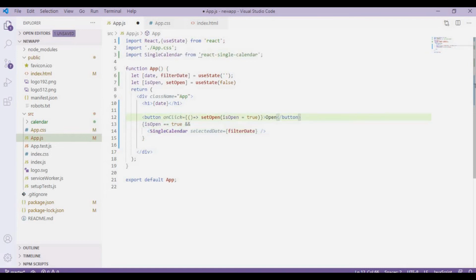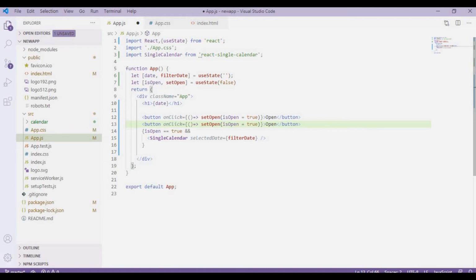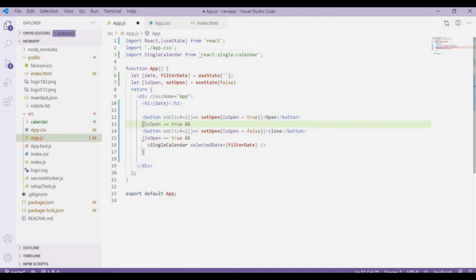I also need a close button, so this should be false, and it is closed. Now if you want to render the close button with this condition, I'll again have the same condition for the close button.